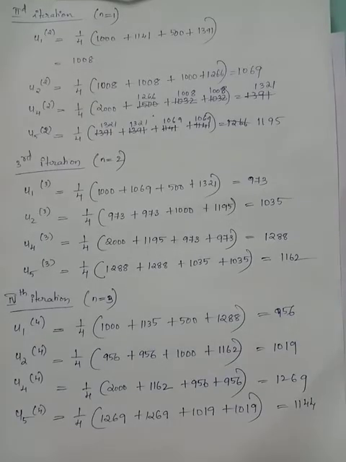You continue the same process to evaluate the following iterations. The only thing to be noted is that you have to use the latest value available when you apply the standard 5-point formula. You can stop the iteration when you observe that the answers for u1, u2, u4, u5 are only negligibly different from the next following iteration. When two succeeding iterations give you answers which are almost the same, you can stop the iteration.